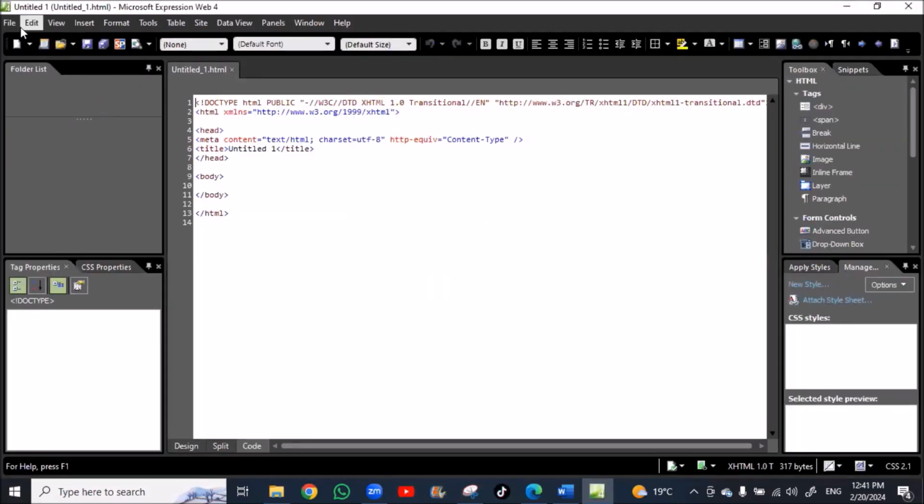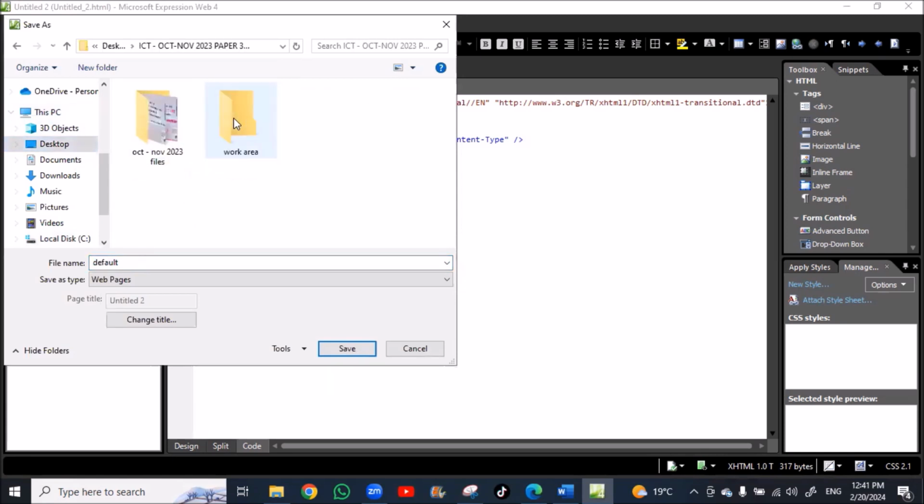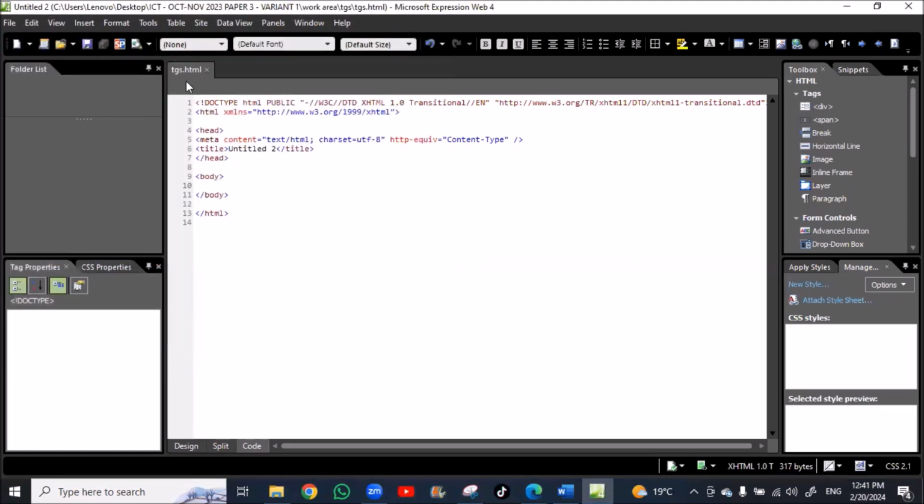Okay, so we'll go to file, new HTML file, and save as, and put it in your work area, ICT, in the TGS folder with the name tgs. Save. Yes, this is the TGS file.